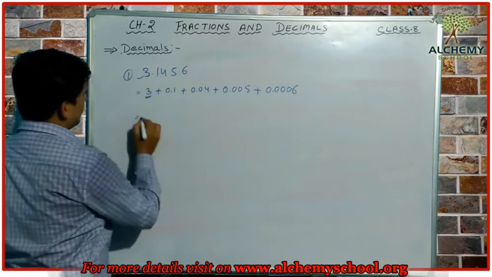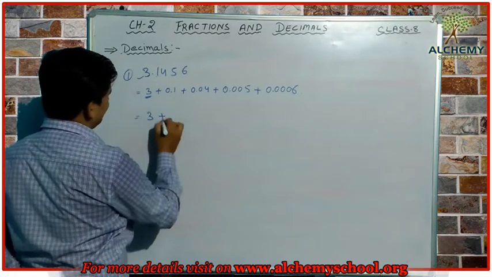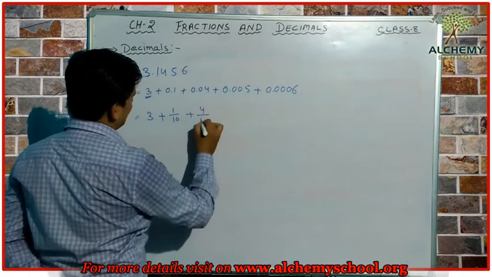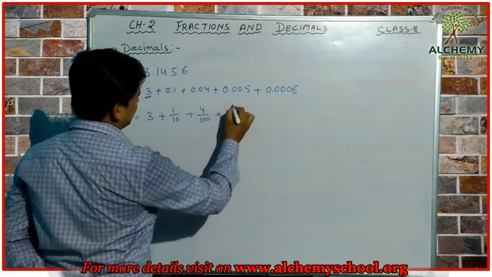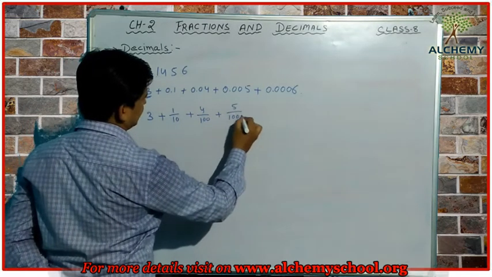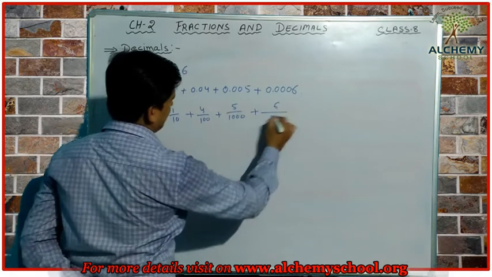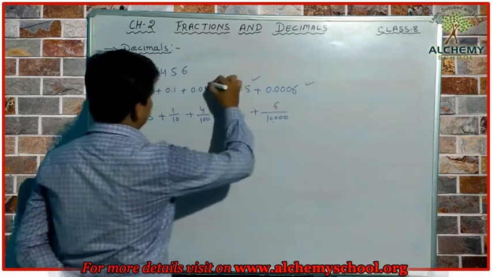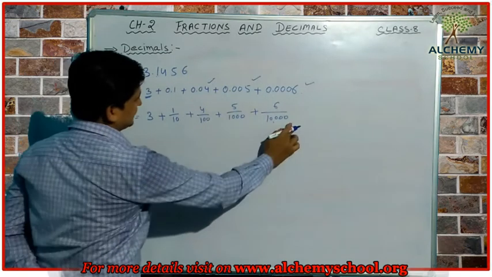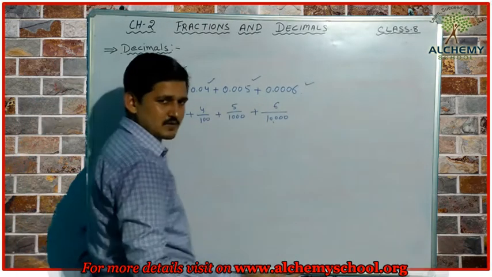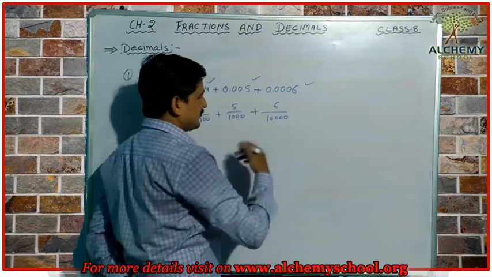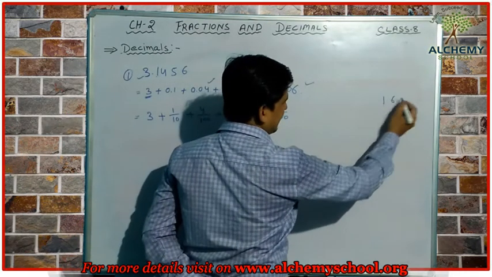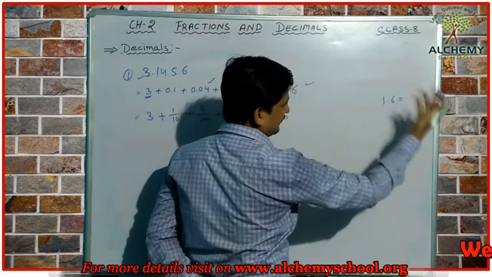Okay, so now we can write it 3 plus 1 upon 10 plus 4 upon 100 plus 5 upon 1000 plus 6 upon 10,000. Okay, we have converted these decimal places into fractions here. How can we convert a decimal number into a fraction? We know that if we have a number 1.6 and we are going to convert it into a fraction, we can